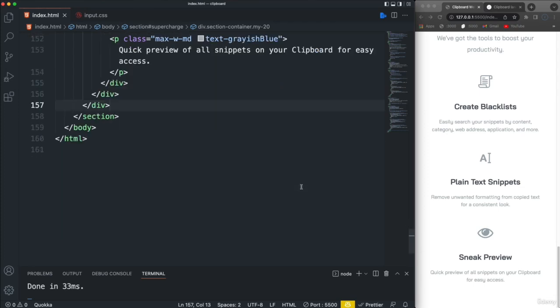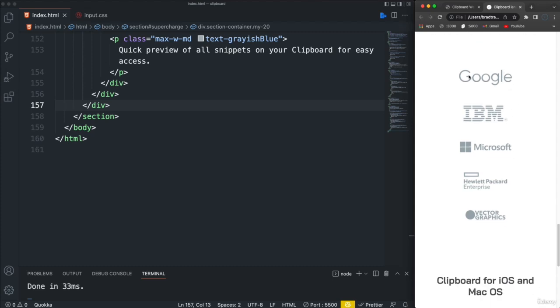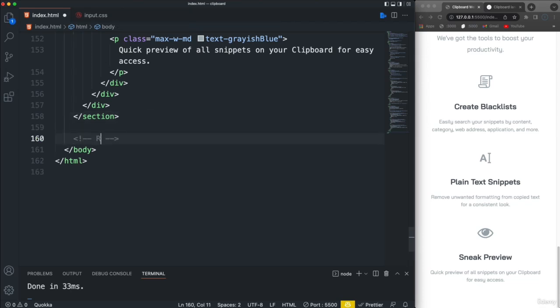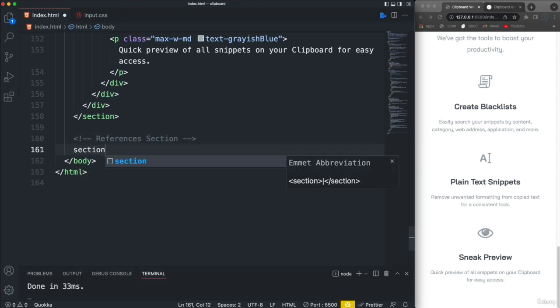All right, so we should be able to wrap this project up. The next thing we have to do is the references section. That's what we called it, basically these company logos. So let's go down here and say this is the references section, and we'll do section ID